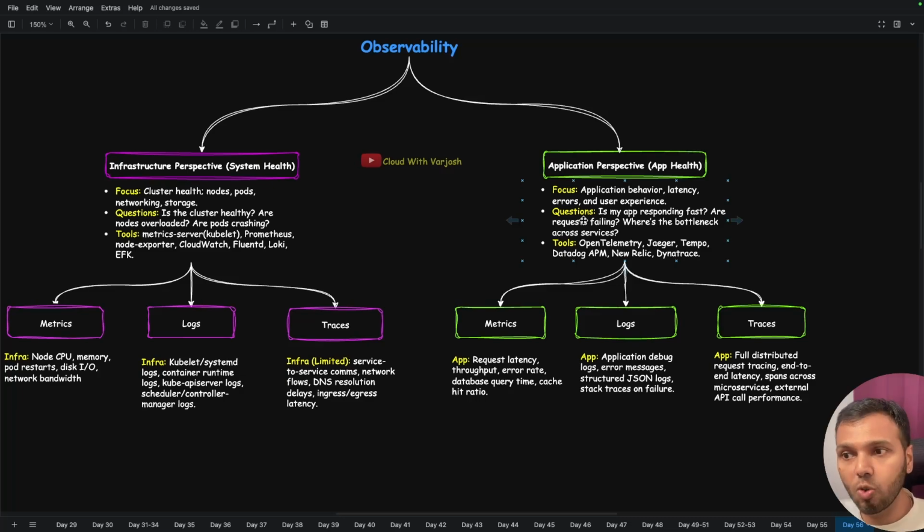experience, and the questions that will be asked here are: is my app responding fast? Are requests failing? Whether I am achieving my rate limits, do I have to increase my rate limits? Where is the bottleneck across services? If I have 10, 15, 20 microservices serving an application, and if that application is not behaving smoothly, then where exactly is the bottleneck? You as DevOps engineers will be receiving all these logs, and you can use any distributed tracing